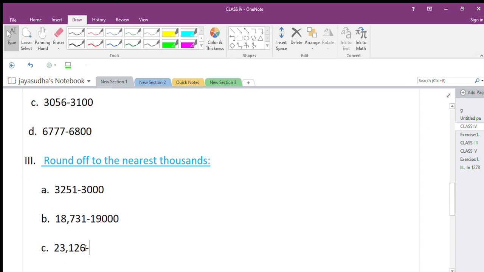Are you okay? Now look at the next sum. You don't touch the 10,000 place. Then you want to round off 1000. You want to round off 1000 means look at 100. In your 100 place, look at this, 5 below. So you write the thousands place number as it is. Remaining 3 digits are 0. Are you okay children?